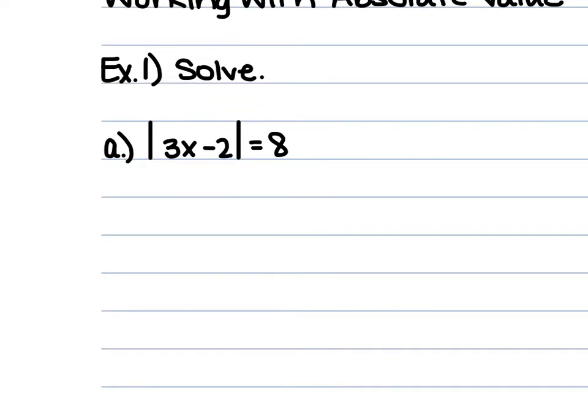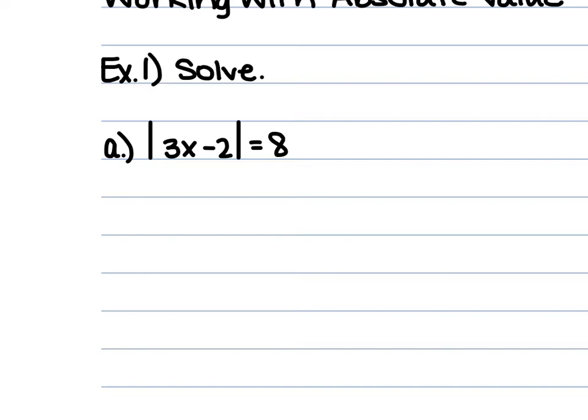2-3, solving absolute value equations and inequalities. Remember, absolute value is the distance between a number and 0 on a number line. So when you're looking at these, you have to go ahead and form two different equations or inequalities when you're working with this. If we look at example 1, we're solving the absolute value of 3x minus 2 is equal